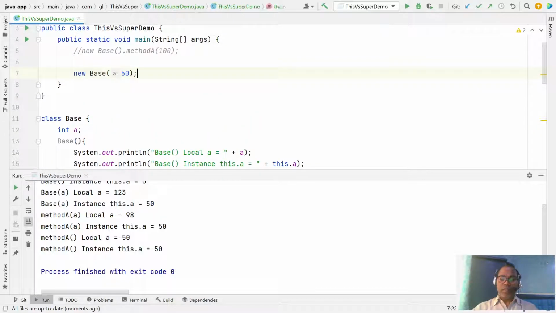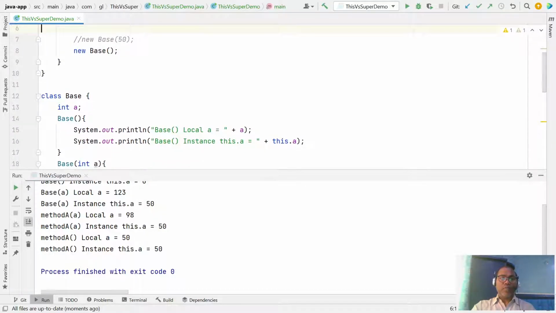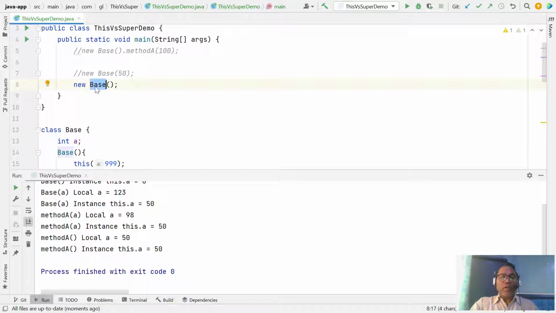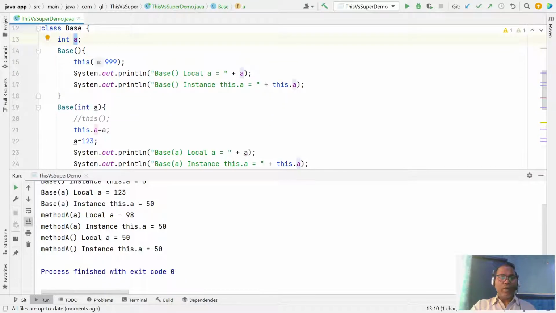Let us say I want to create the default constructor, and from the default constructor I want to initialize this with a default value, let's say 1999. Sometimes, whenever anyone creates my class object, I want to initialize a default value, and for that you can use the constructor you already created.